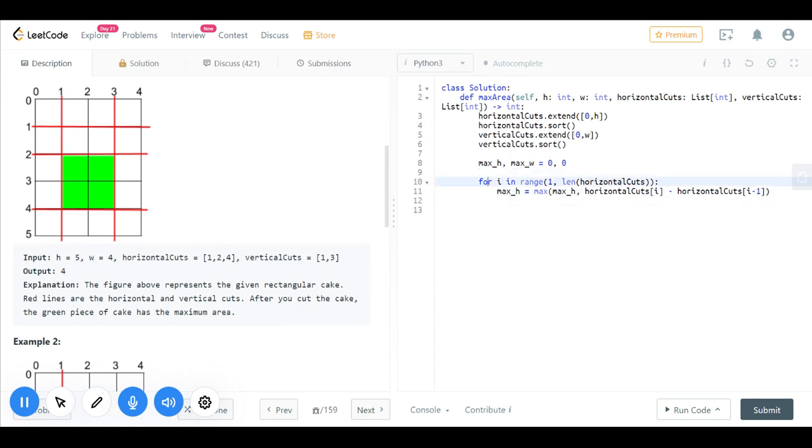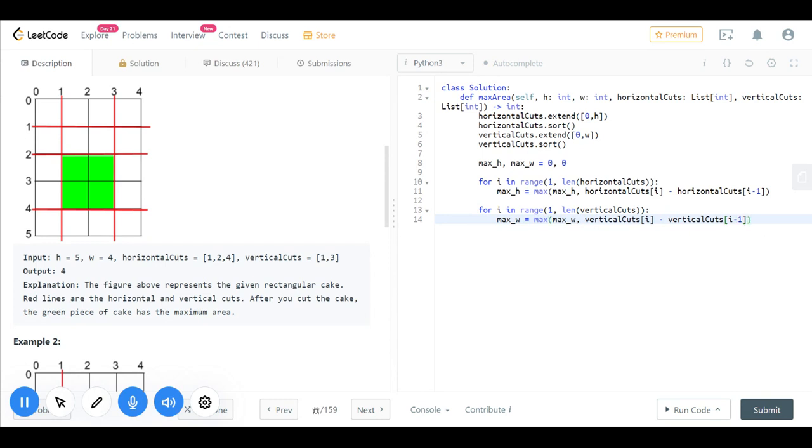Similarly, I'll do this for vertical cuts as well, for i in range 1 comma length of vertical cuts, maximum w is equal to max of maximum w comma vertical cuts of i minus vertical cuts of i minus 1.